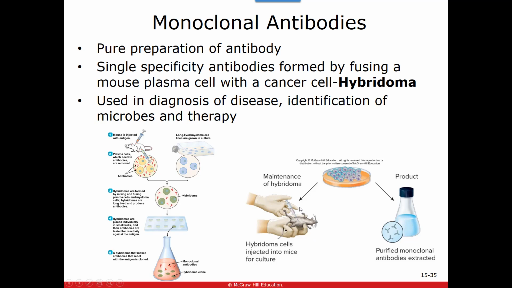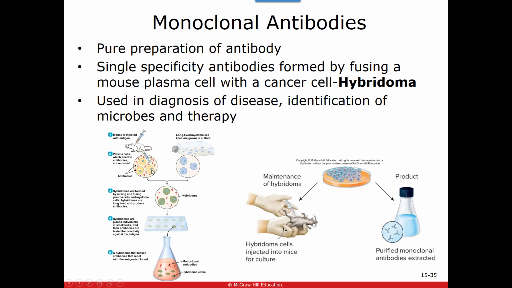We can mix those plasma cells from the mouse with a cancer cell. It's called a myeloma. Anything that ends in oma is cancer. So we're going to mix a plasma cell from the mouse, and this particular plasma cell knows how to churn out the correct antibody, these little red ones. This plasma cell is going to get mixed with this cancerous cell, and we're going to have something called